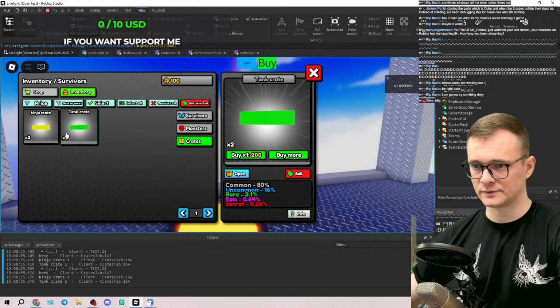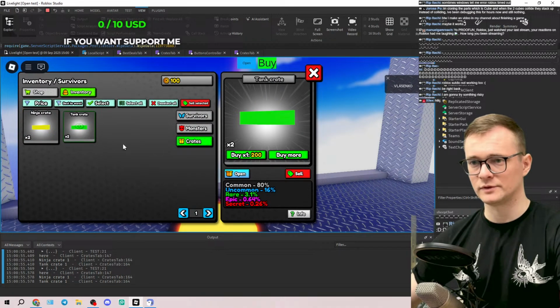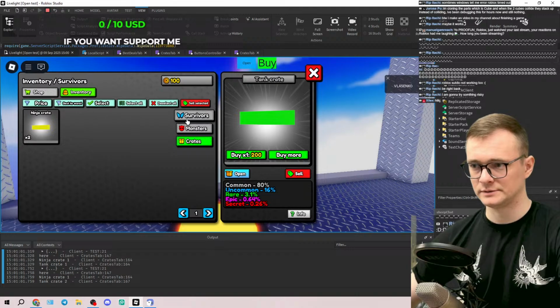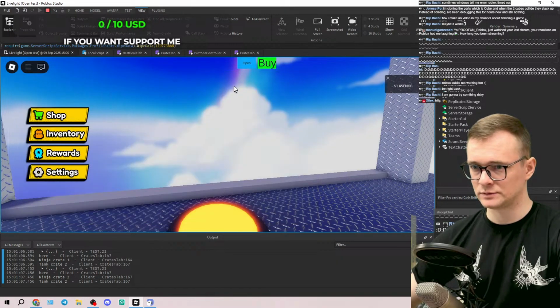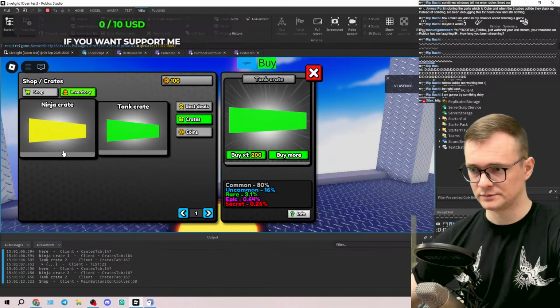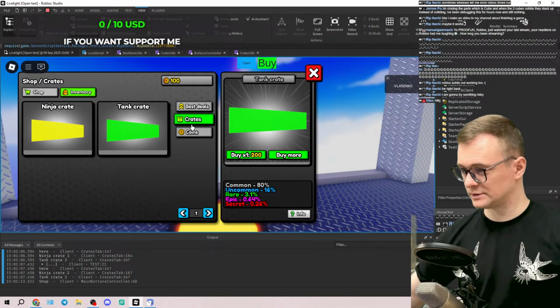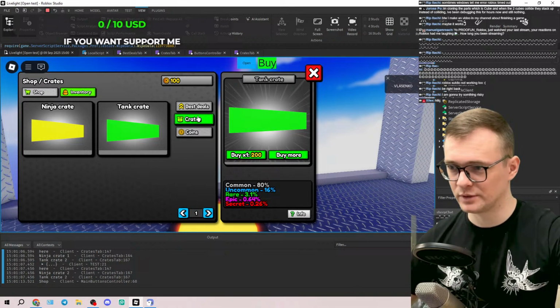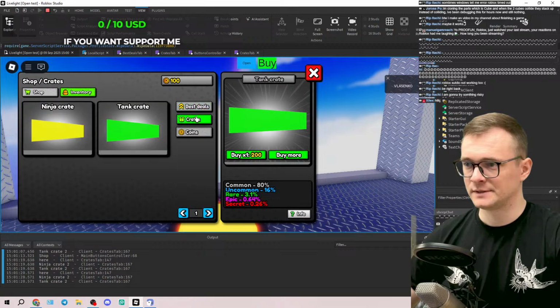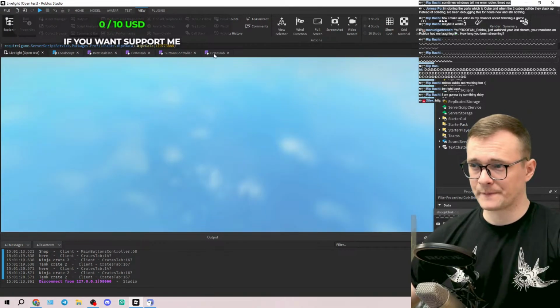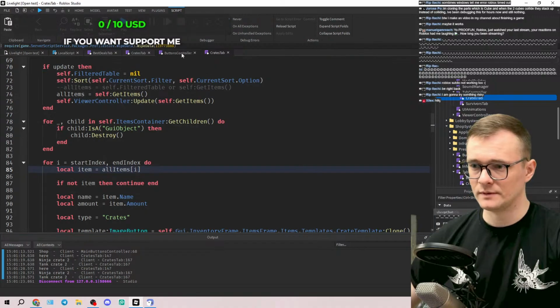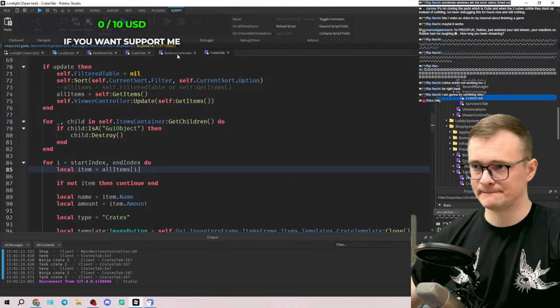So two crates, for example, I open them, right? Opening works. Let's open two of these ones. Okay, open works. Let's go now to shop. Let's go, my boys. All works, my boys. Nice. Okay, no issues like so, but of course there is a